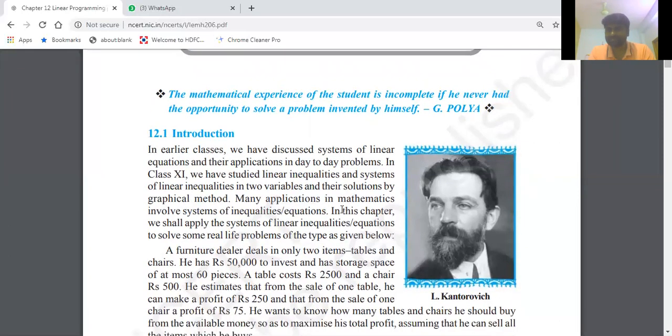Actually, this chapter is very easy to understand by reading this also. So you may feel that sir is explaining from this textbook. Yes, of course, because there is some terminology which we have to understand before going to solving problems in this chapter. We may go for minimizing the given problem or maximizing the given problem. That means optimizing. Optimizing means we may minimize or maximize based on the given question.